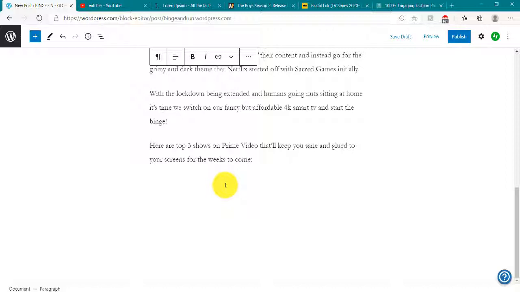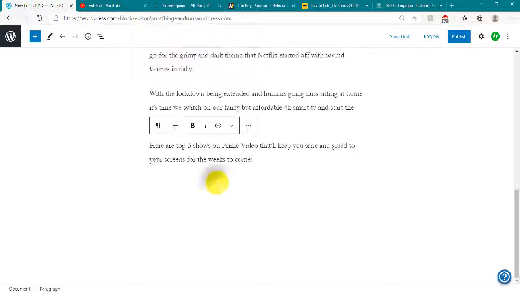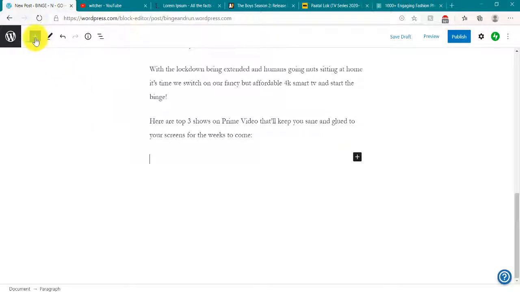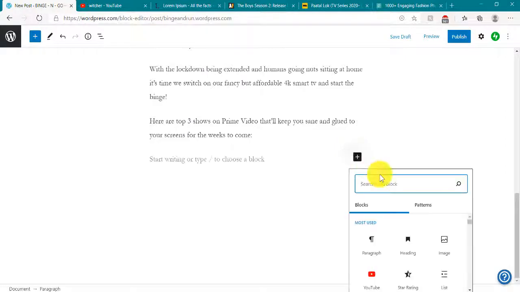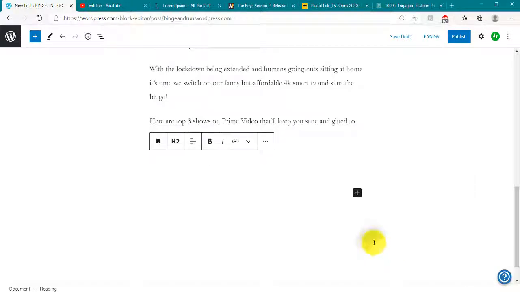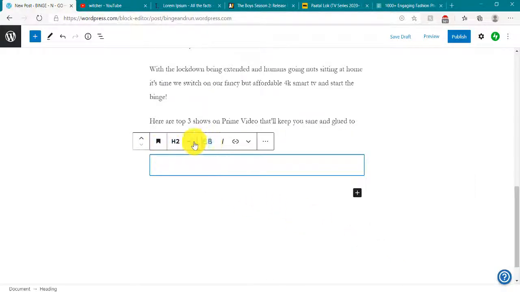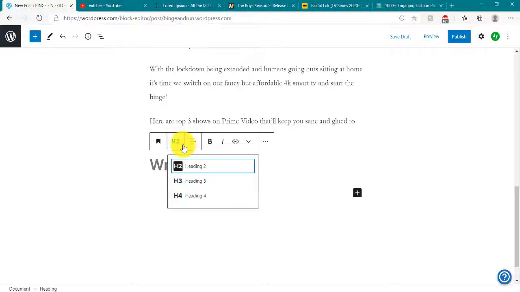So first of all I want to add a subheading. To add a subheading, I click enter to make a new block. On the left-hand side or the right-hand side, I can use both options. I click to add a block, type in heading, and click on heading. Now we have different hierarchies here: H2, H3, H4. H1 is the main heading that we have given to the article, H2 being the subheading, H3 a subheading, H4 a subheading. It kind of goes like this, but mostly you will be dealing with H1 and H2 only.